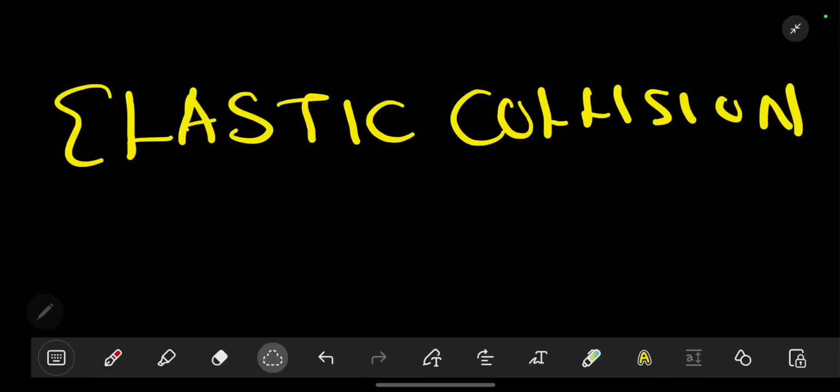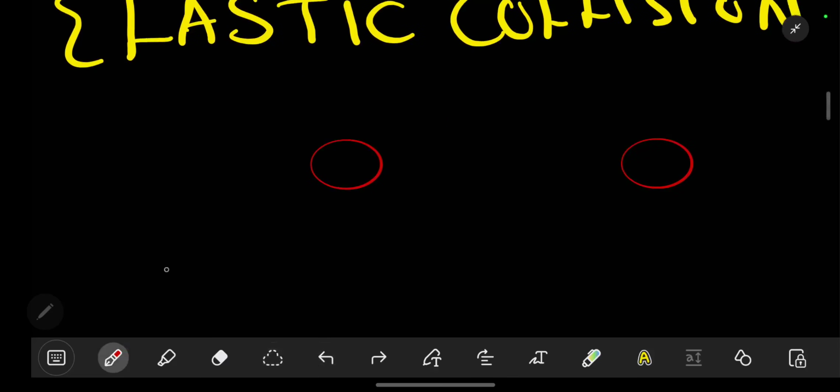So here today we are going to be looking at elastic collision. So what is elastic collision? Let's have a depiction. Let's say we have these two. When they collide, at that moment you can see that immediately they collide, they might move in opposite direction as long as they do not stick to each other. That is elastic collision. So under elastic collision, what we have is kinetic energy is conserved, or rather it is